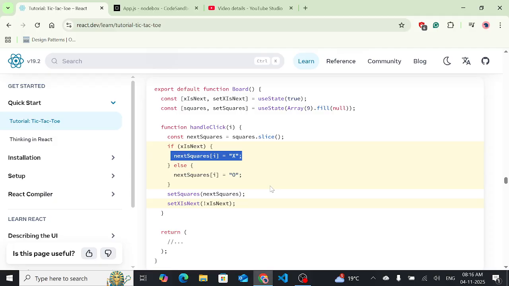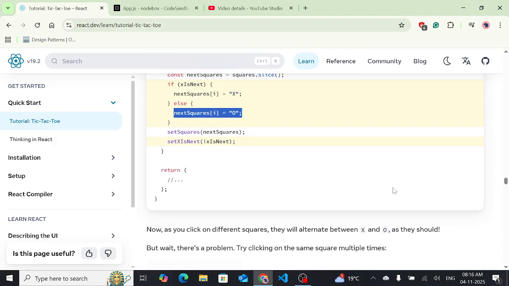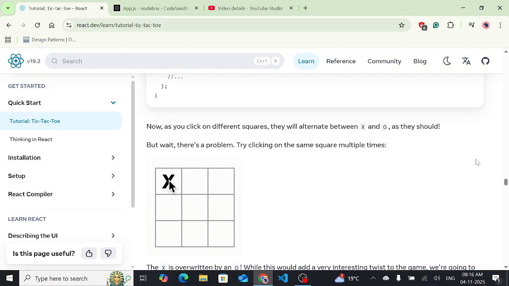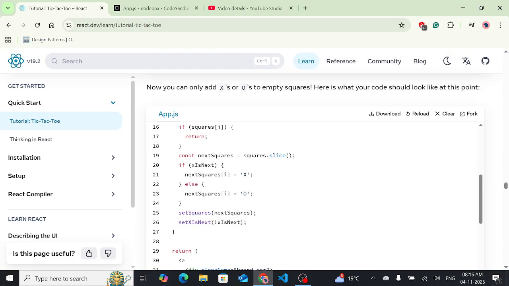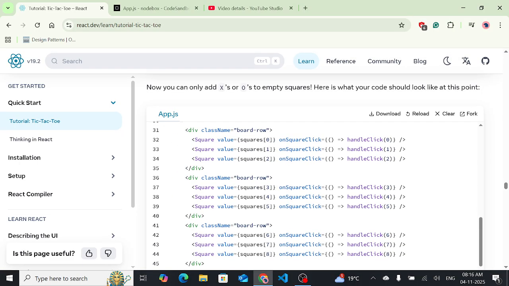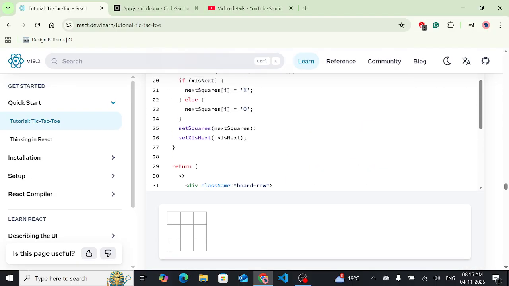But then once X has taken its turn, then when we flip it here, every time the next person clicks, the next click happens, it will be basically O at that point of time, right? So now if we see the code sandbox here, with this simple change of adding a new state, we can now